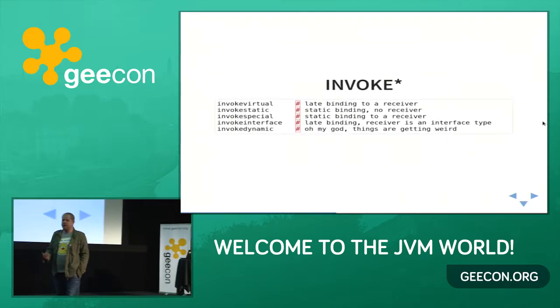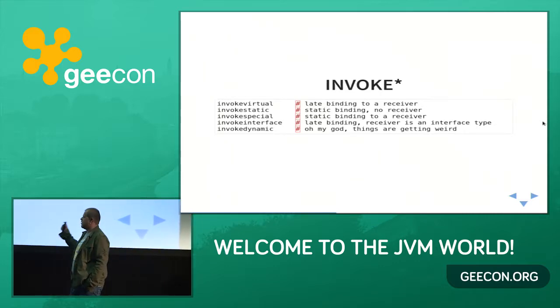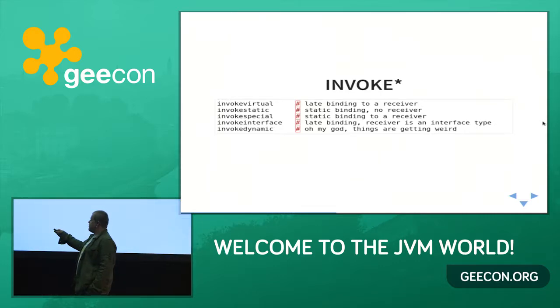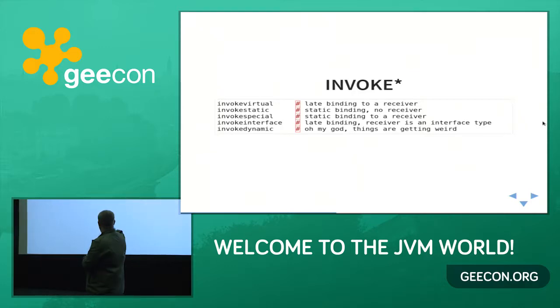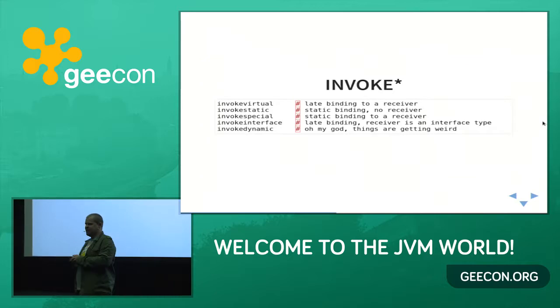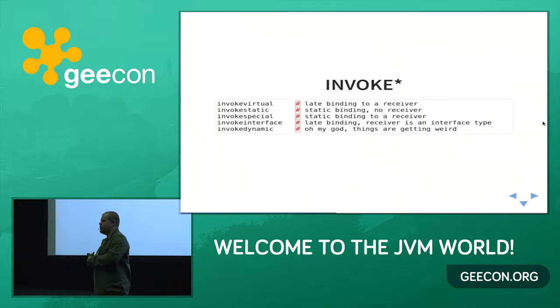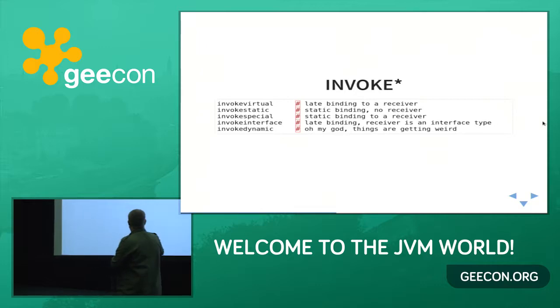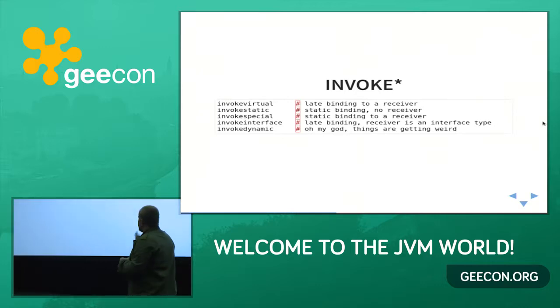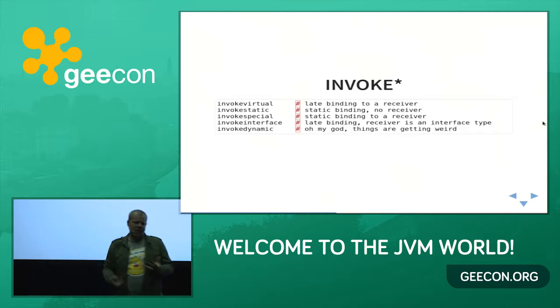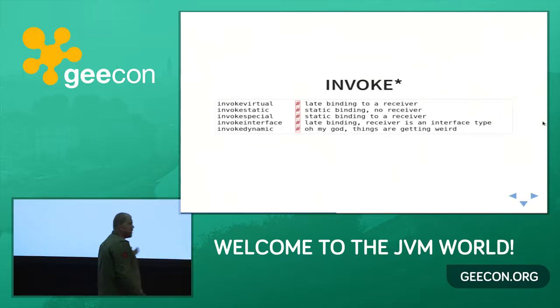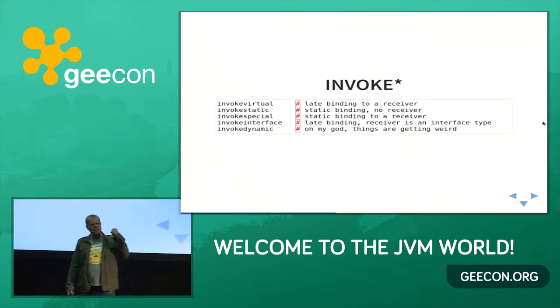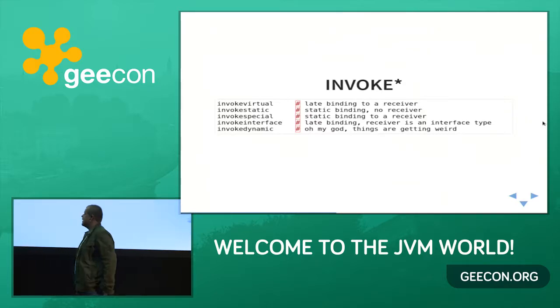Next, you have a set of operations which are actually method invocations. You have five ways of invoking a method in Java. This is the new one. It's not the new one, Java 7, okay? This is the foundation of Lambda. It is also the foundation of string concatenation in Java 9. Why 4 or 5 ways to invoke a method? What can be tricky about invoking methods that you need 5 ways of doing it?